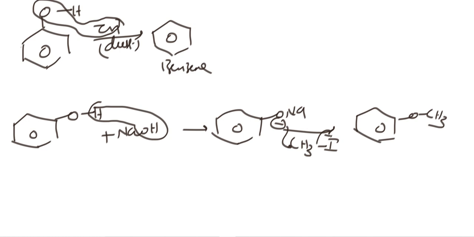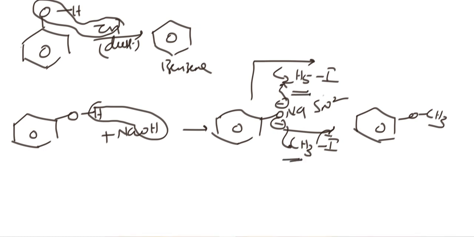Okay. Suppose if you add C2H5I, then this is also an SN2 reaction. Phenoxide ion is the nucleophile. This is normal ethyl iodide, and this is methyl iodide. So what is the reactivity order towards SN2? Methyl iodide greater than primary alkyl halide greater than secondary than tertiary. This is the order. The nucleophile attacks from the backside and forms the inversion product. So all those things will form.